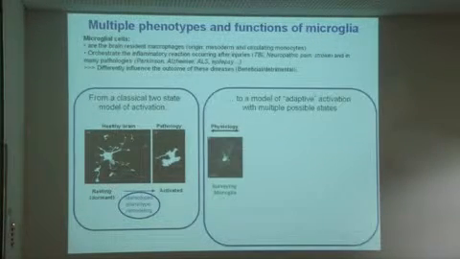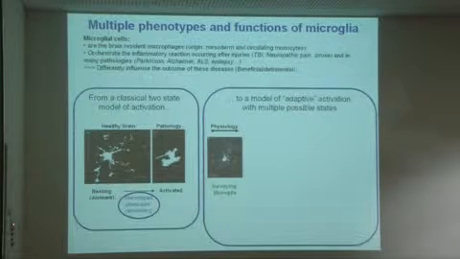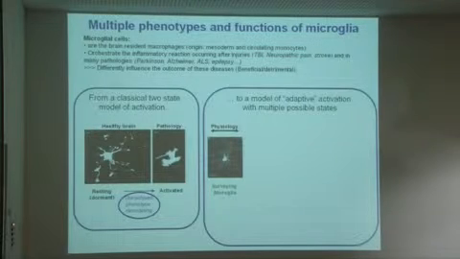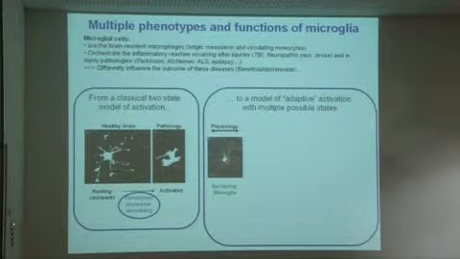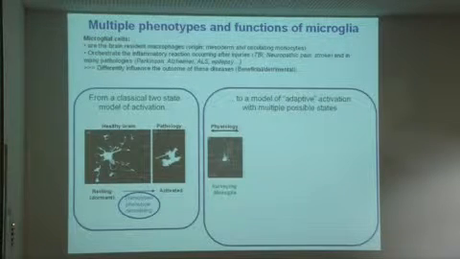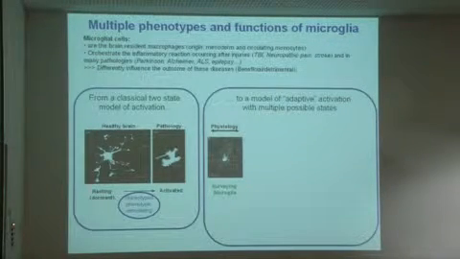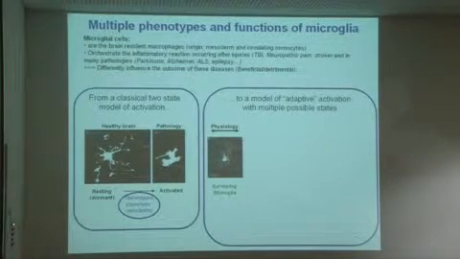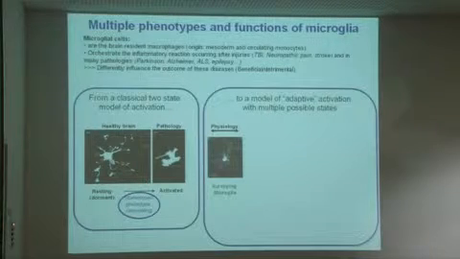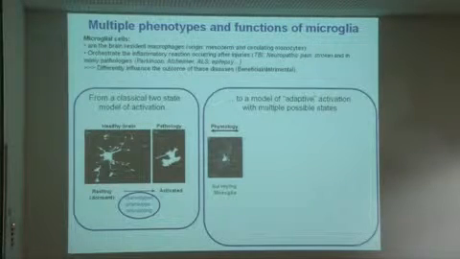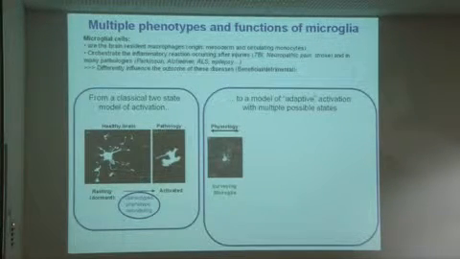We know now that the picture is a little bit more complicated, because even in the healthy brain, those cells are in fact not really dormant, but they are very active. What you see here is a picture from the work of Hemschen and Kirchhoff showing that those cells, in red you have the processes that have been retracted, and in green those that have been extended during a few tens of minutes of a movie done in vivo with 2-photon microscopy. So those cells are permanently probing their environment, looking for warning signals, probably.